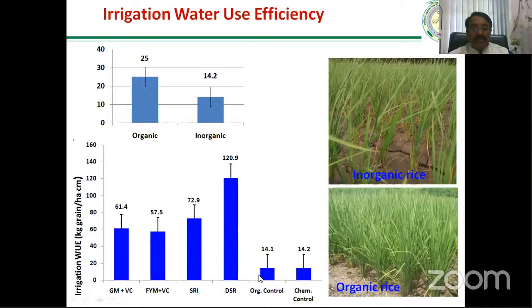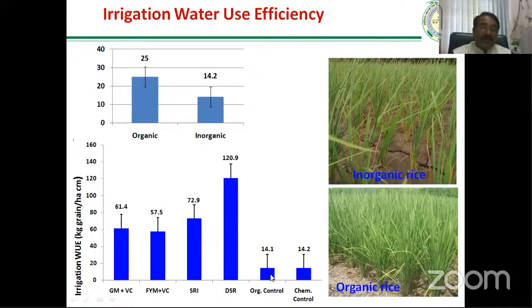And except these two things, here the 4 pillars of the organic production system are direct seeded rice and SRI rice. In these, the irrigation water use efficiency is very high. If you see these two photographs, above is the chemical soil and below is the organic soil. In the organic soil, even if we are not able to provide irrigation water when taking rice, crack formation is there in the chemical soil and no crack formation is there in the organic soil. That's our experience.